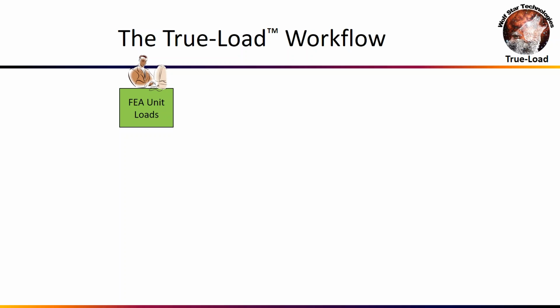Now once you've done that and solved that for all the unit load cases, then the pretest software, the TrueLoad pretest software, looks at all the strain data on all the unit load cases and comes up with the optimal strain gauge placements. And then once we've got the optimal strain gauge placements, there's tools that allow you to reposition and reorient the gauges to make them convenient for the test engineers to lay the gauges. And then we extract a correlation matrix. So the whole point of pretest is that we're going to get the gauge placements, and we're going to extract the correlation matrix and store that to disk.